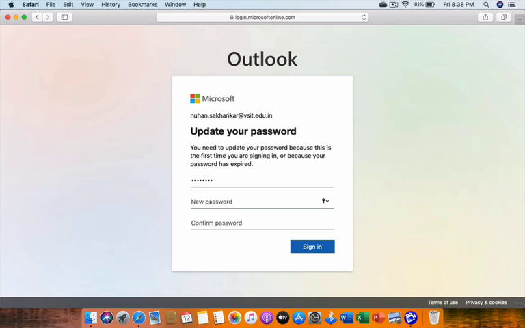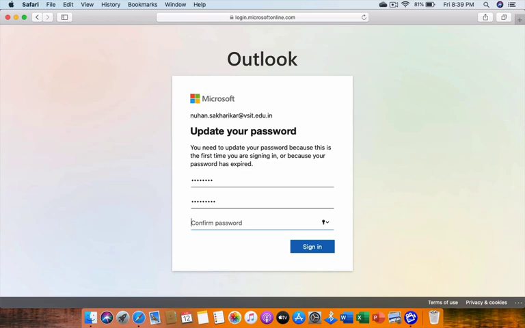Now whatever new password you enter, you have to remember it, because if you forget the password, then you cannot reset it from your end. It has to be done from the administrative end. So please remember this password properly. Basically you can use your first name @123 or your last name @123, or include your date of birth, month of birth or year of birth. Make sure that you use all the combinations: at least one uppercase, at least one lowercase, at least one special character, and at least one number.